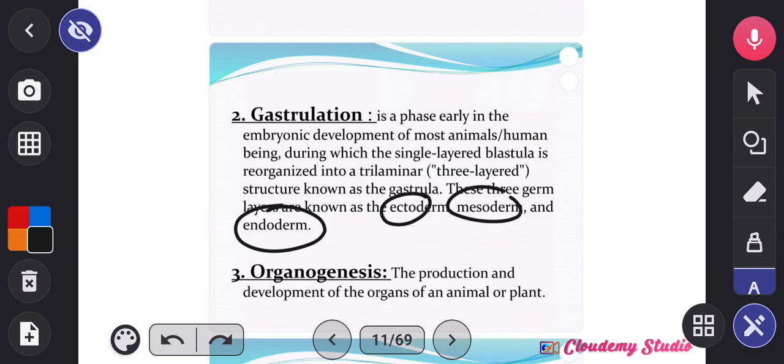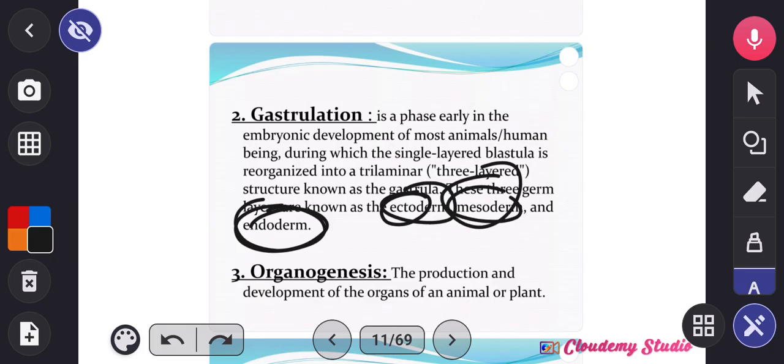So the next one is organogenesis, and that is the production and the development of organs from these three germ layers. That is why I said embryology is very applied in stem cell research and medicine. The ectoderm is going to give rise to structures like the epidermis of the skin and the neural tissue. The endoderm is going to give rise to structures like the gastrointestinal tract and respiratory tract. And the mesoderm is going to give rise to structures like the urogenital system, circulatory system, supportive muscular system,